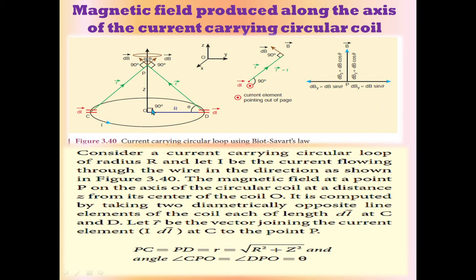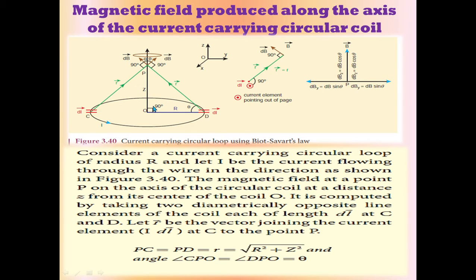It is computed by taking two diametrically opposite line elements of the coil, each of length dl vector, at C and at D. Let r vector be the vector joining the current element I dl vector at C to the point P. Then